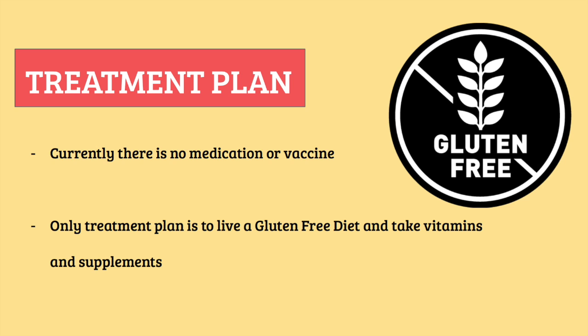An elimination diet involves removing gluten from your diet completely for a period of at least 30 days and then eventually adding it back in. If symptoms improve during the elimination period and then reappear once gluten is eaten again, it is a clear sign that gluten was contributing to your symptoms. However, it is very important to test only one variable at a time because this can cause you to falsely attribute symptoms.